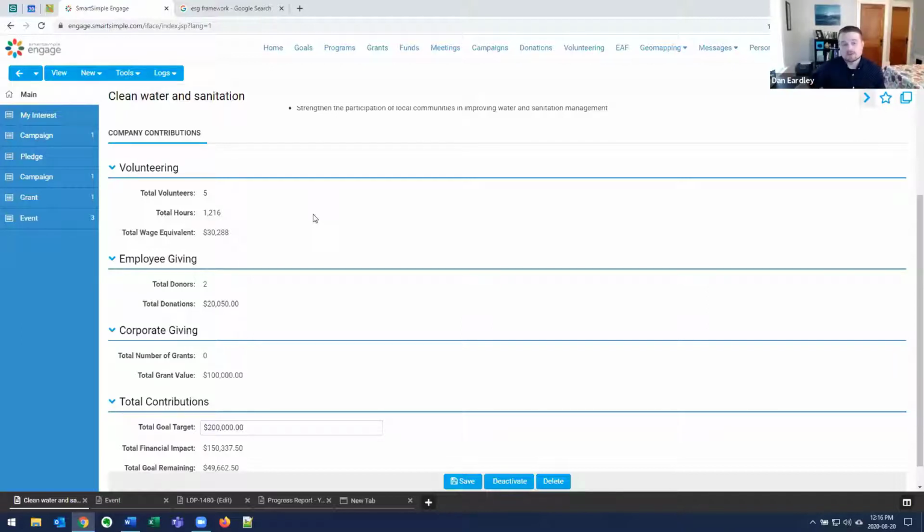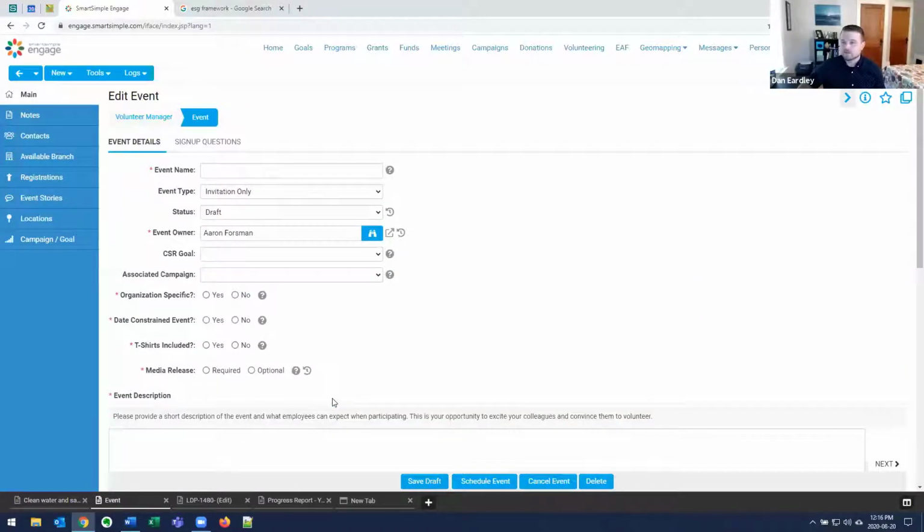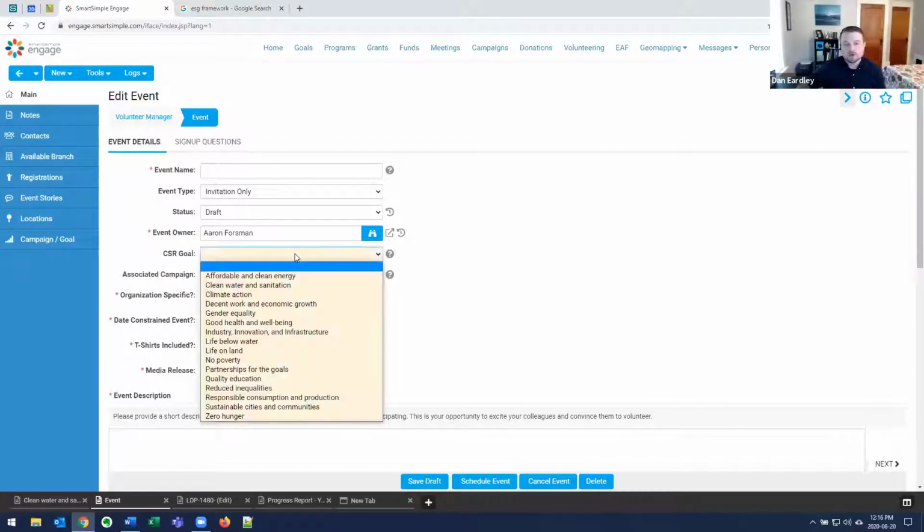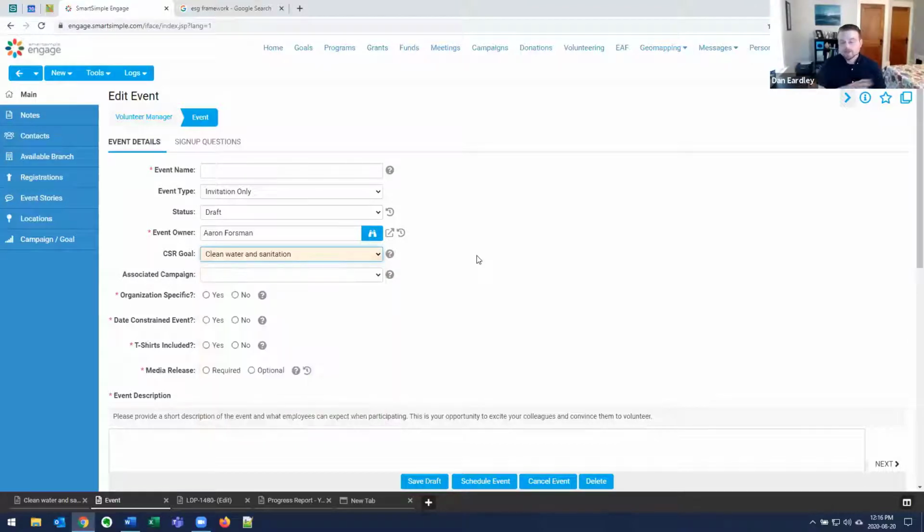All of that works in an automated fashion, so that, as an example, within the volunteering space, if we look at a volunteer event setup form as we're creating a new event in the system, we can identify the goal that it's going to be aligned with, assign that, and then based on that assignment, when that activity occurs, when people register, when they volunteer, when they're serving their hours related to that project or opportunity, all of that will then aggregate up to the appropriate goal, and we can reflect that data in that space. So the goals tracking structure allows you to do all of that measurement.